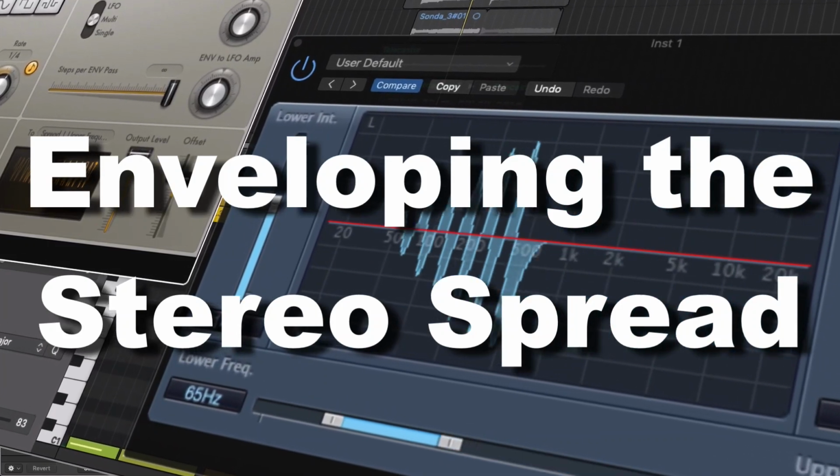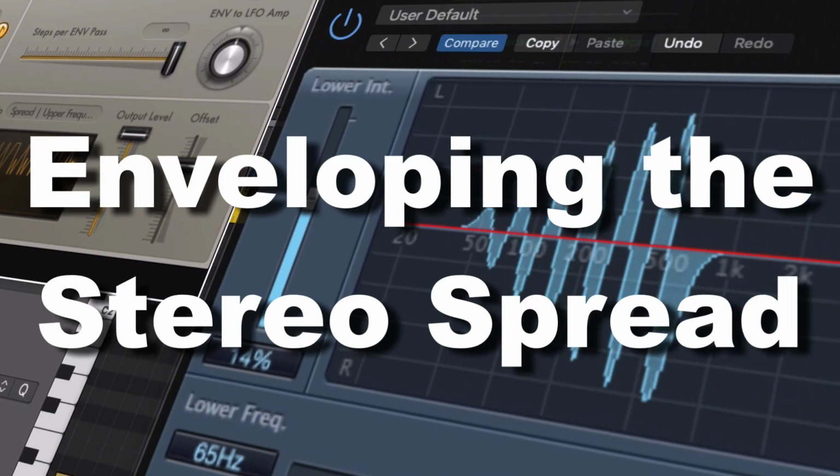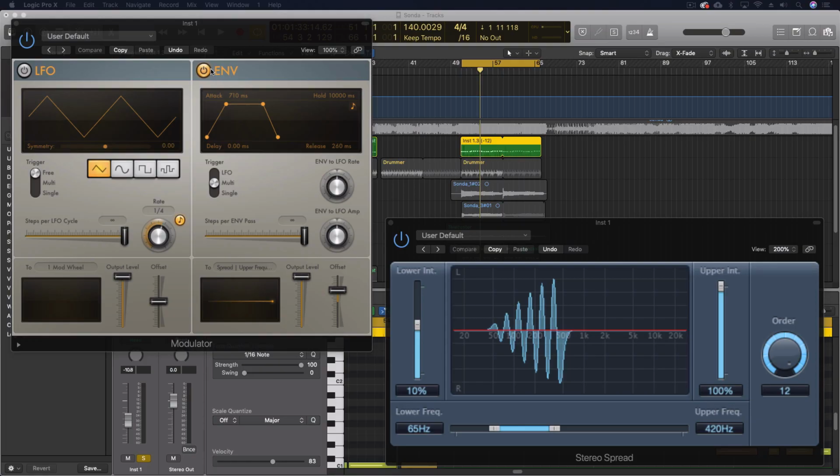Hey everybody, I know we've talked about the modulator quite a bit lately, but we're looking at a different side of this that we haven't really done too much with, and that's the envelope side instead of the LFO side. So the envelope acts like what you would think of as an envelope in a synthesizer. You have an attack, the sustain or hold and release, and all of this can be used to control various